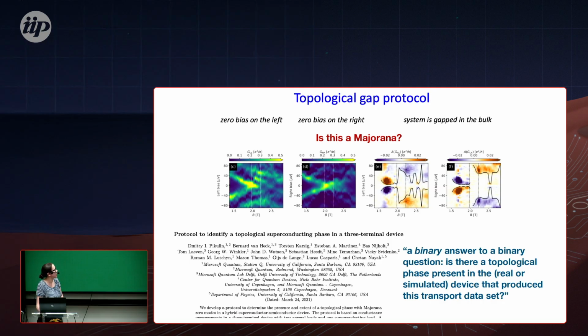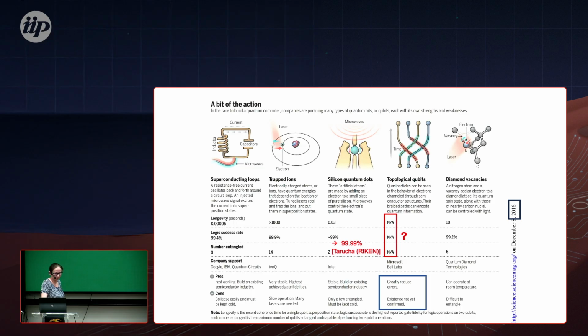Is it Majorana or not? There is a lot of discussion. So we're developing protocols in this field, also trying to see how to identify it. And as I said, this is what we are working on in our group, and this is currently the status of topological qubits. So there's nothing to error correct. We're still trying to identify whether you have qubits or not.